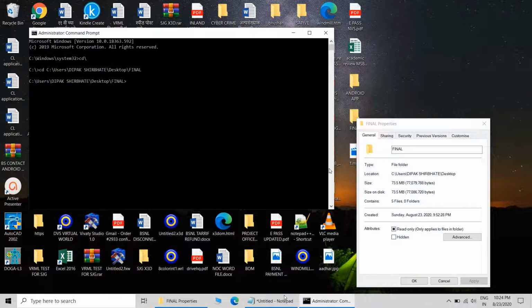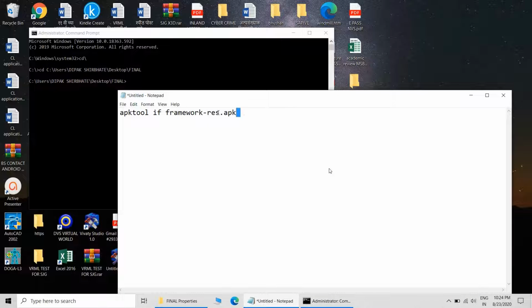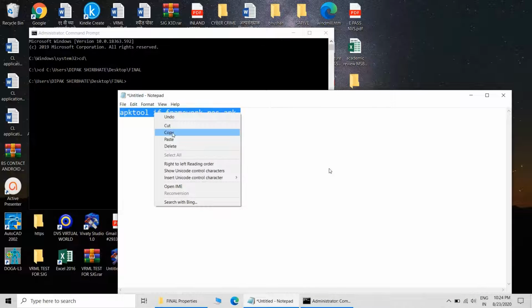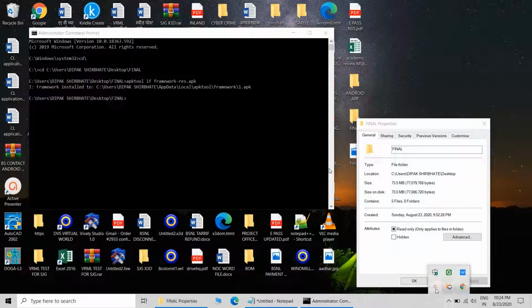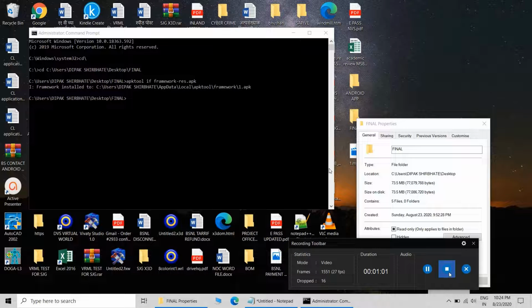Here it is the final folder actually, and I have already written that command in the notepad. And you will get the message, okay, framework installed.